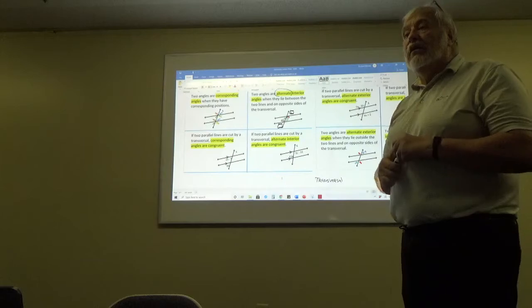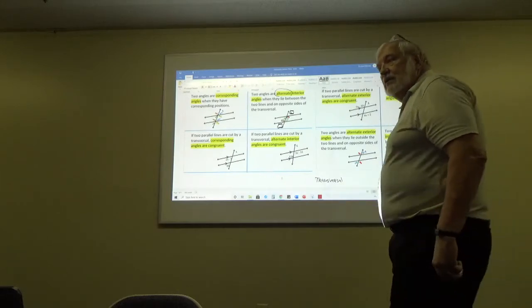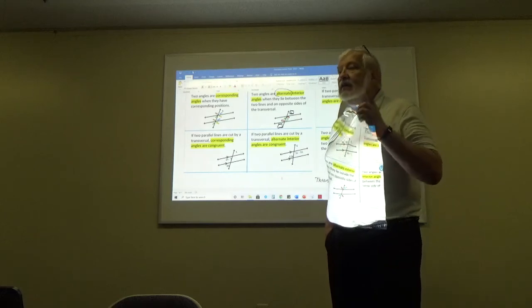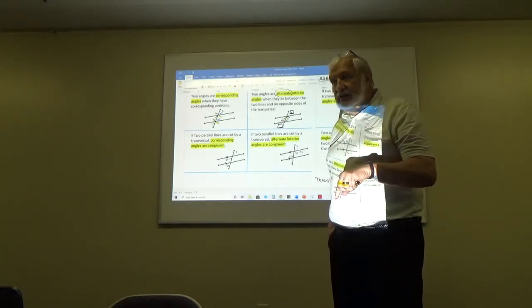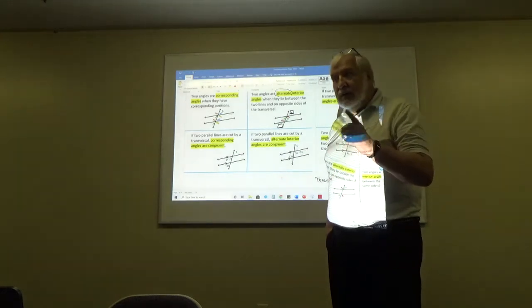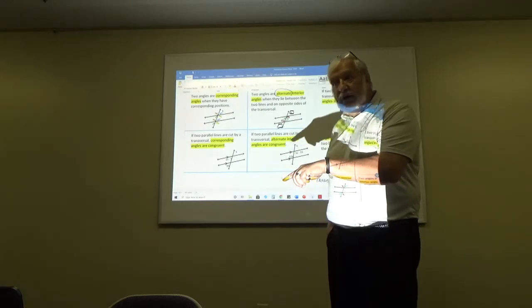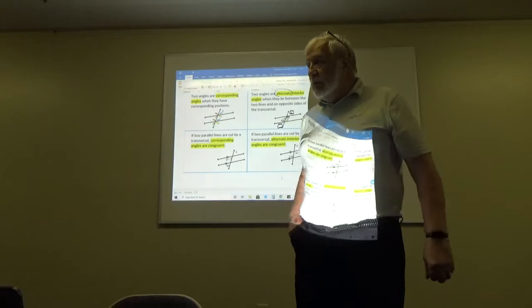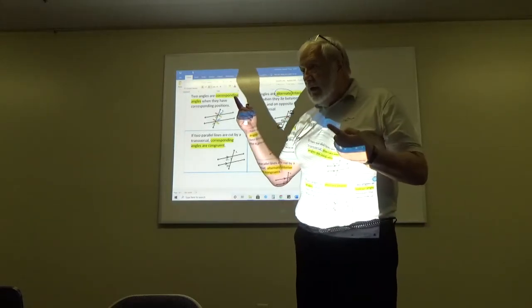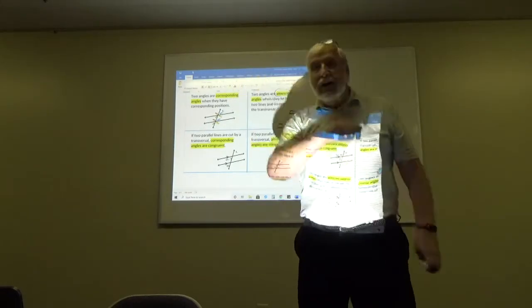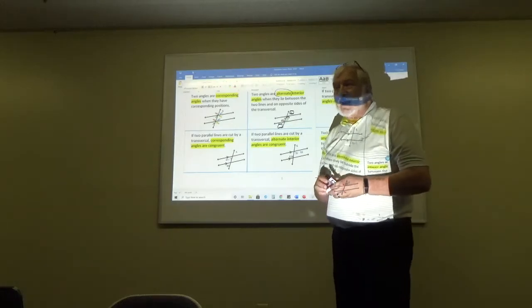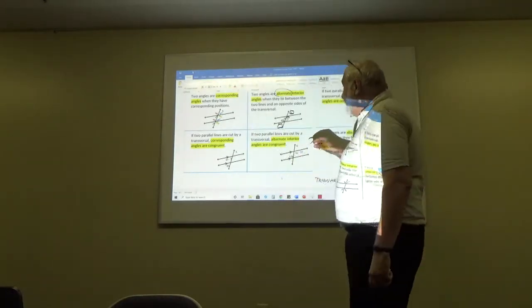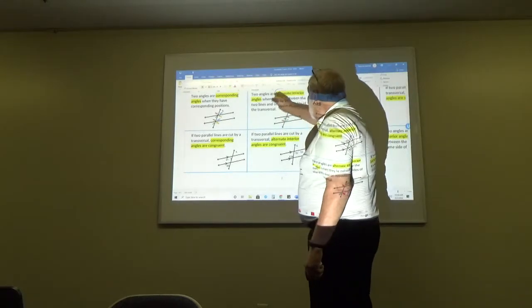All right, so where do you find corresponding angles? Same place, different intersection. Say it. Same place, different intersections, corresponding. All right, alternating, how do you find those? They're on opposite sides of the transversal. Very good, opposite sides of the transversal. Okay, and then so alternating interior and alternating exterior. Okay, now,